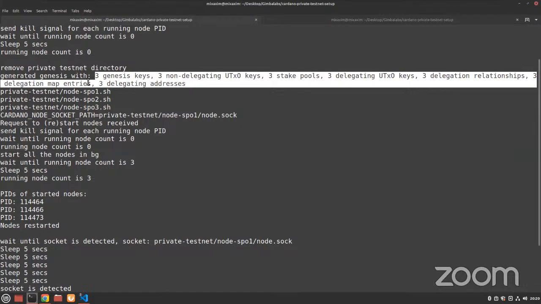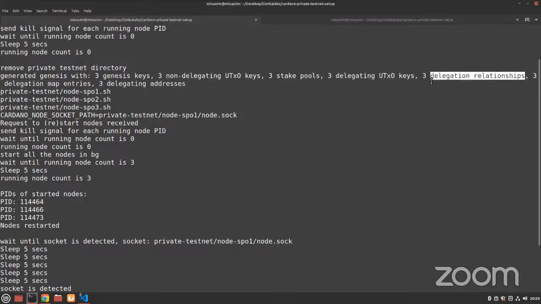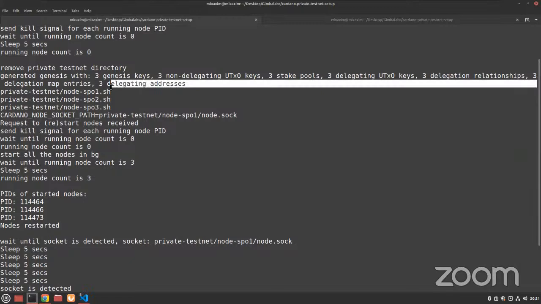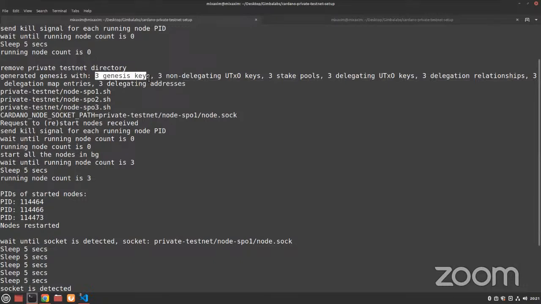Some of them we will look into, but to be honest, I do not know. For example, delegation relationship, personally I have no idea what this is. Or delegation map entries, I do not know. Delegating addresses, I can guess that it is a Shelley address, the address that consists of a payment part and the staking part. But even the Genesis keys, I'm going to show you now, but